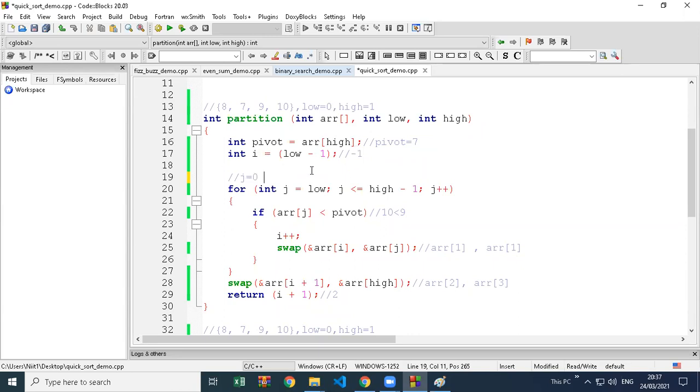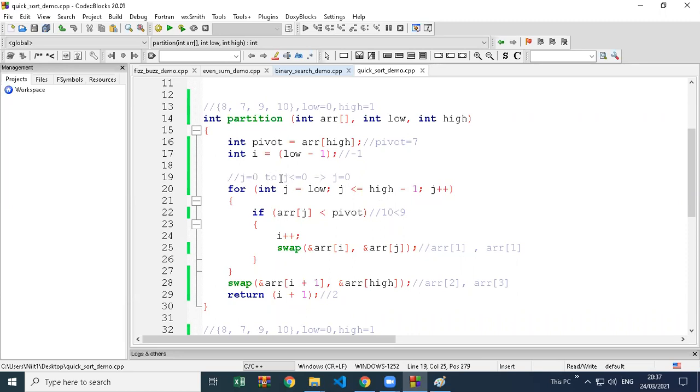So j is 0, and less than or equal to high minus 1. So high is 1, 1 minus 1 is 0. So the j value is 0 now. And it will only repeat one time because you can see 0 to 0. Earlier it was 0 to 3 or 2, I think. Now it is only 0 to 0.